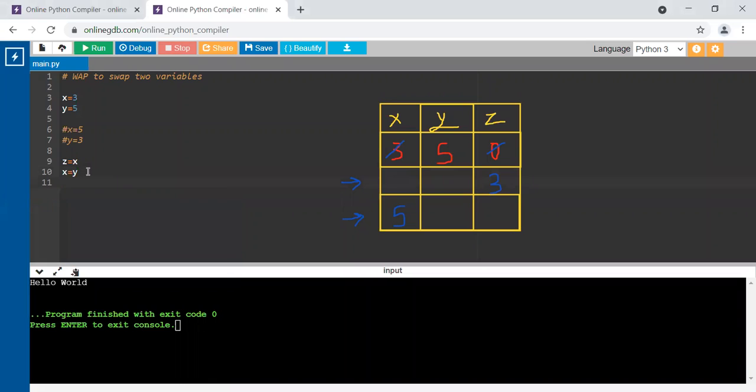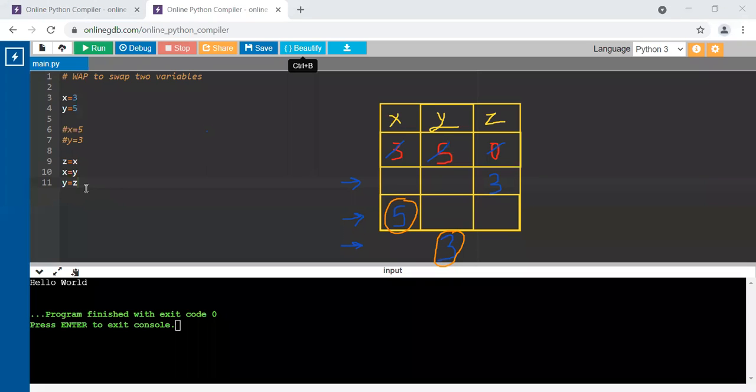What are we supposed to do? In Y, get the value of Z. Now, why are we implementing this step? Try and understand. We have already got the value of Y in variable X. So now we want the value of X to be in variable Y, which has been saved in Z. So that's why Y will get the value of Z, which is 3. That is our last step. So this way we have achieved 5 and 3 in variables X and Y respectively after interchanging them.